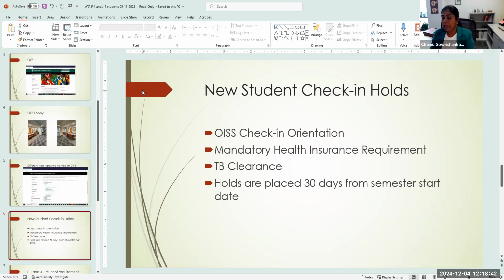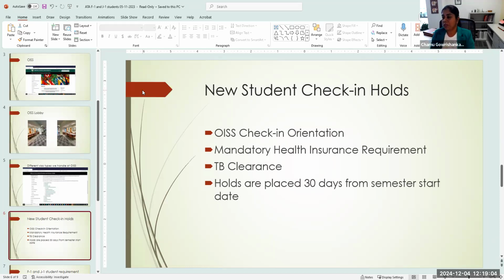So that's one hold. The other hold is the health insurance hold. It's not a regulatory requirement, but it's a university requirement. It's from the Board of Governors that international students must maintain health insurance while they're studying here. So that's a university-placed hold.